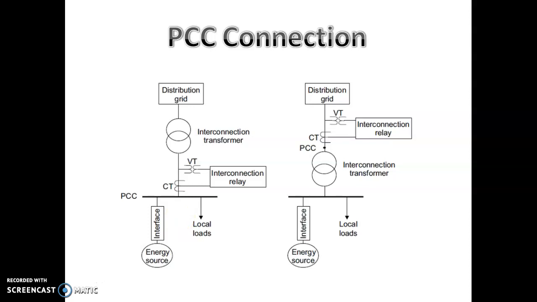So what is the goal of this interfacing technology? The main goal is to match the energy produced to the grid requirements. Depending on the nature of the produced power, we use different energy sources which use different technologies to interface with the grid. This interface technology is classified into four categories: direct machine coupling, full power electronic coupling, distributed power electronic coupling, and the last one, partial power electronic coupling.